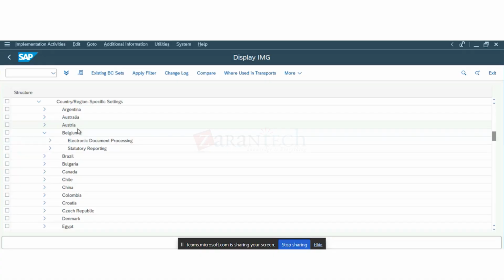Because of globalization or localization, every country has their own flavor of regulations and their own flavor of implementing those regulations. Some are very strict, some are very lenient, some need a central integration process, some just go by normal manual submission, but overall the whole product should suffice all the country requirements. So that's why you would find different country versions. Switching on to my